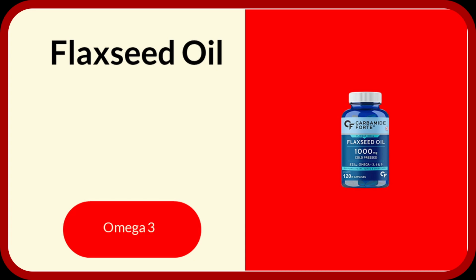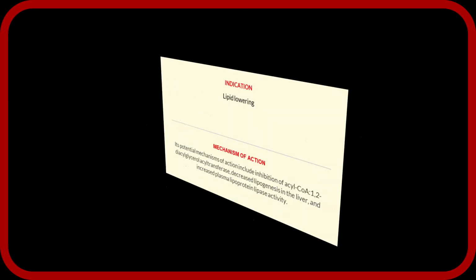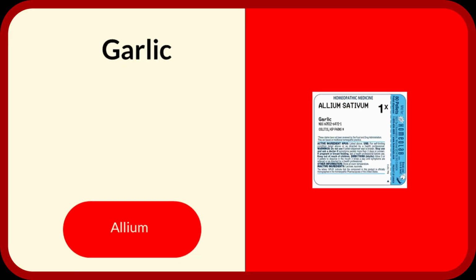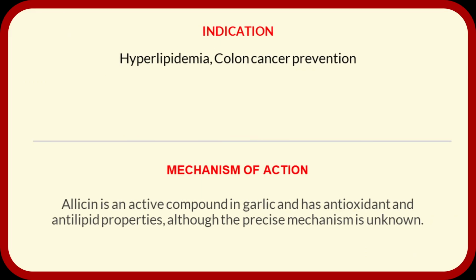Flaxseed oil, also known as omega-3, is used for lipid lowering. Its potential mechanisms of action include inhibition of acyl CoA 1,2-diacylglycerol acyltransferase, decreased lipogenesis in the liver, and increased plasma lipoprotein lipase activity. Garlic, or allium, is used for hyperlipidemia and colon cancer prevention. Allicin is thought to be the active ingredient of garlic and has antioxidant and anti-lipid properties, although the precise mechanism